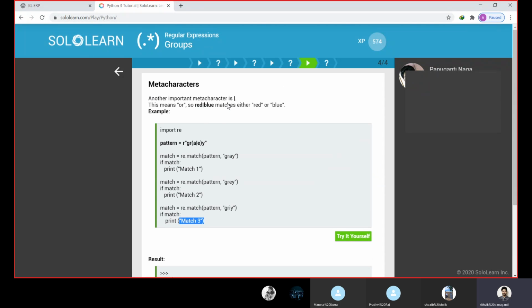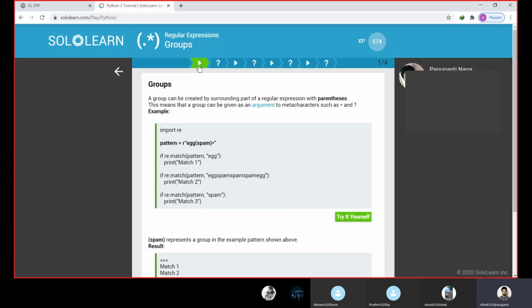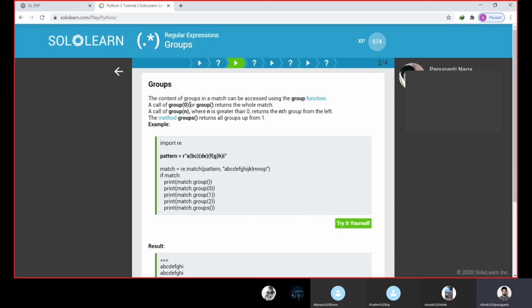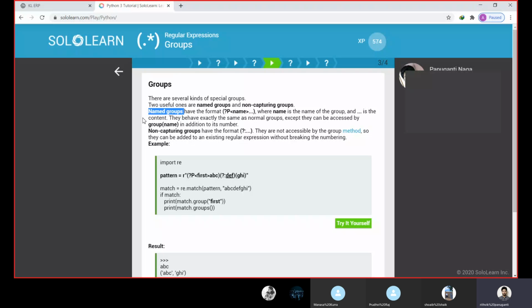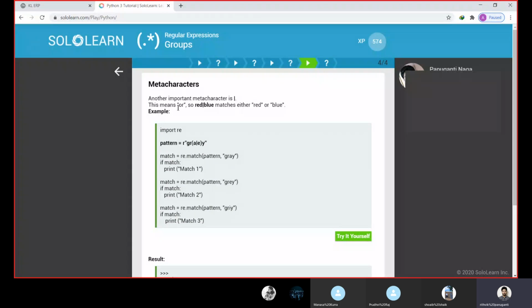These are about the groups. Does anyone have any doubts? You can ask. We have seen groups and how to declare them. Whatever we declare in the parentheses is always called a group. To access them, we use the group method, and the particular group we need to access we give as a parameter in the parentheses. And we also saw named groups and non-capturing groups, and the OR expression, which we see as A or B. Either A or B can be present in our expression.